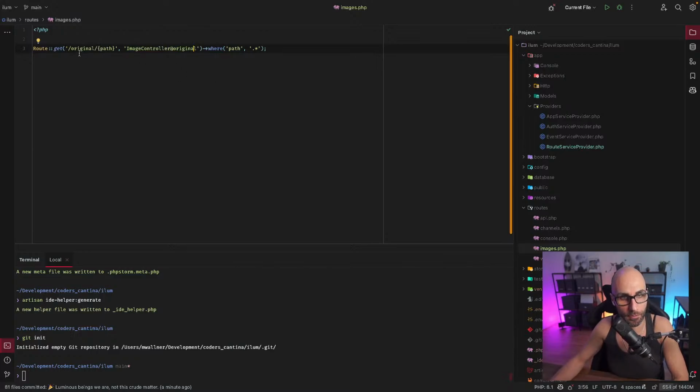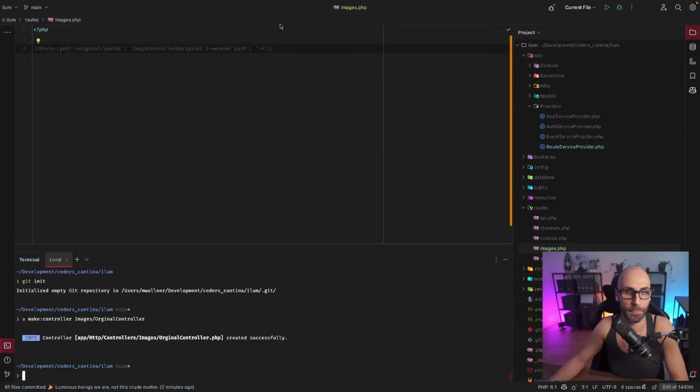So the path will be original, and then the path of the image, and then we constrain the path to .*, which means that we can have multiple slashes in our route. Let's comment that out for a second, and let's create a new controller called images original controller, and then